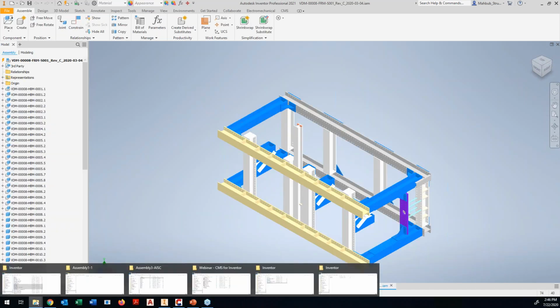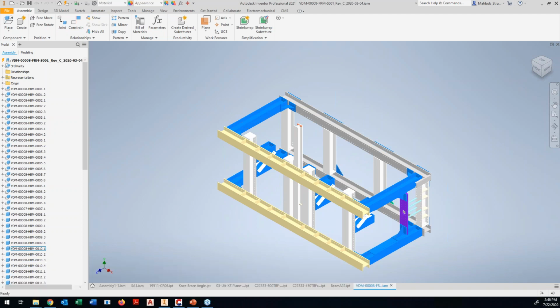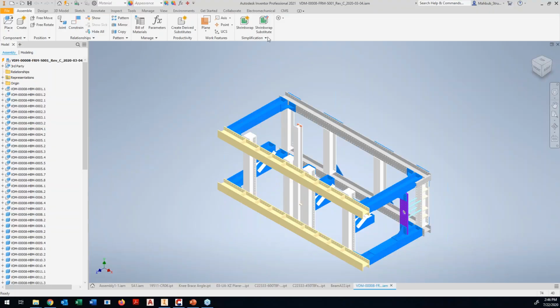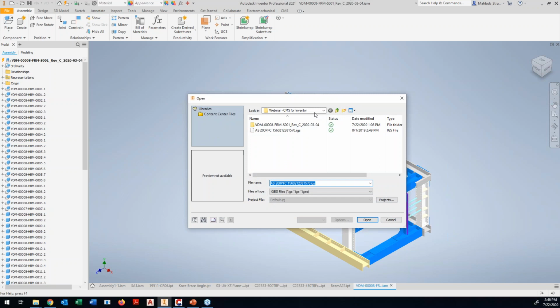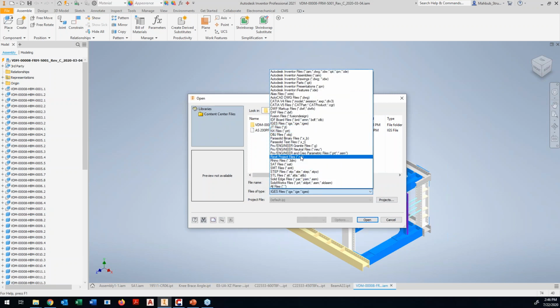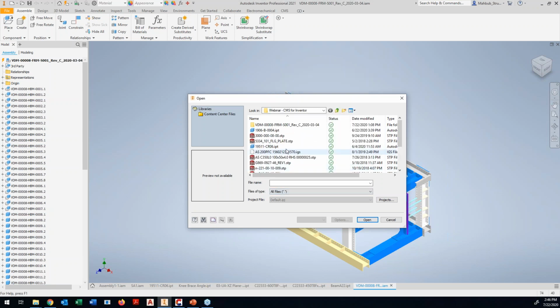and then try to open that. I might have done that process before. Let me get that quickly. Do I have it? Maybe I have it already been converted to IPT. All files. Nope, I don't have it converted right now, but you know that's the process. Since unfortunately it's failing right now,